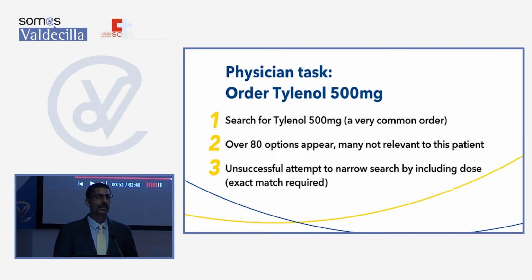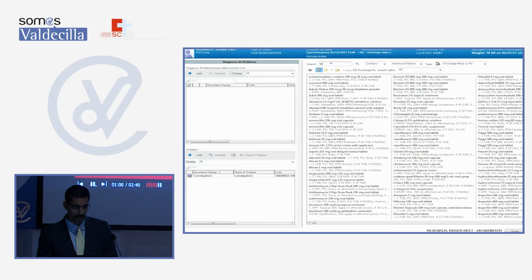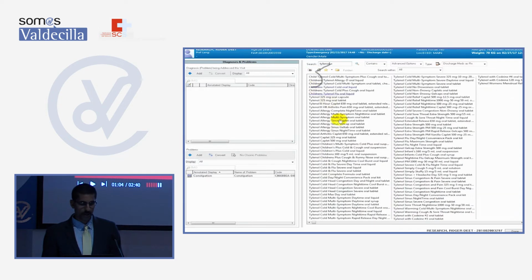Tylenol 500 milligrams. It should be a very simple order. Tylenol 500 milligrams. Okay? Okay. So primero, I type Tylenol in the search window. $1 billion for this system. And there are 86 selections for Tylenol. 86. And this is a man, the patient is a man who is 25 years old. And there is Tylenol for children, Tylenol for women,